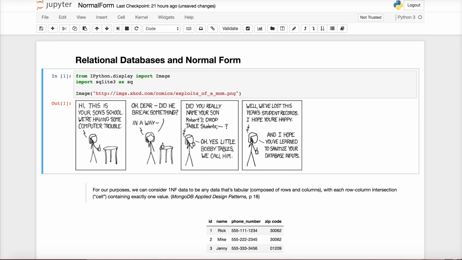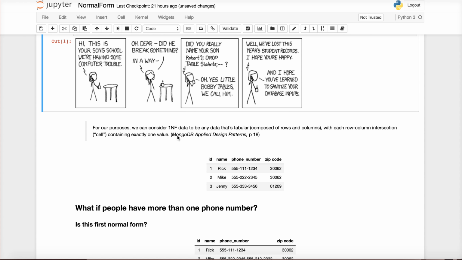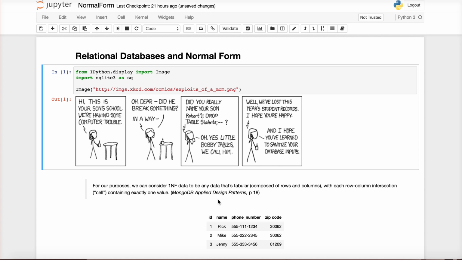In this notebook, we're going to illustrate the idea of a normal form. The example I'm going to be working through is taken from a MongoDB Applied Design Patterns book, which, MongoDB is a non-relational database, but nonetheless. The idea is, we want a database where we have someone's name, their phone number, and zip code. And so it might look like